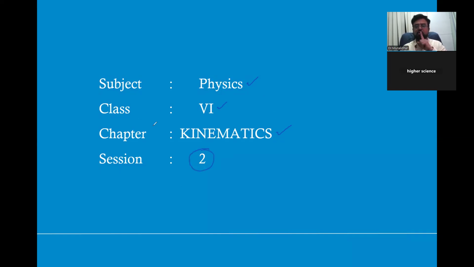So far we completed one session about kinematics, where we discussed what kinematics deals with, that is motion, and the different types of motions we see in our day-to-day life. So what is motion, what is rest, and what are the different types of motions that we learned in the last class, right? As you know, when a body changes its position